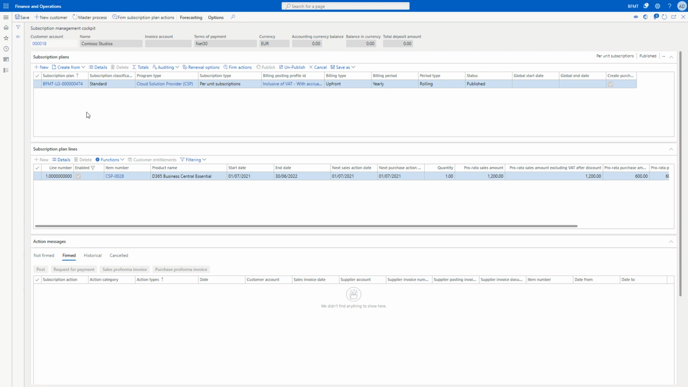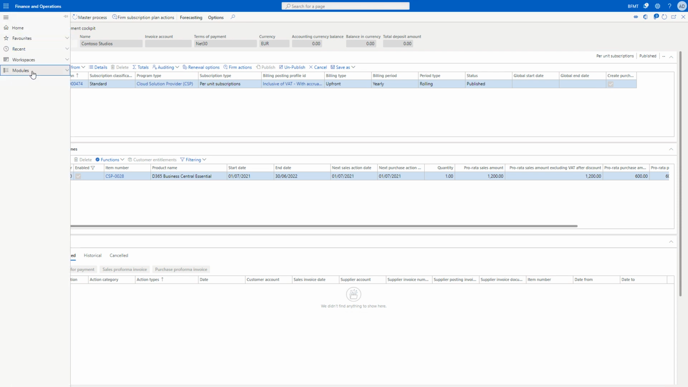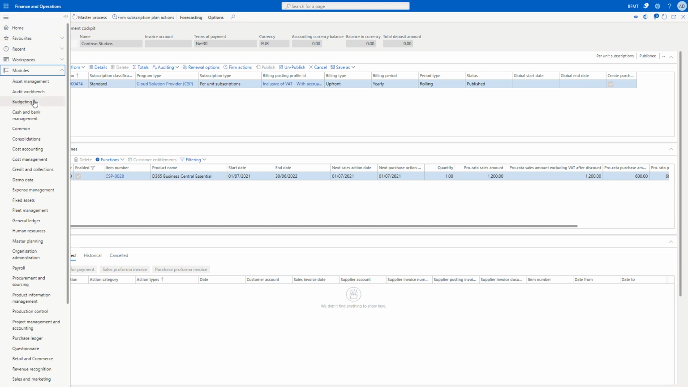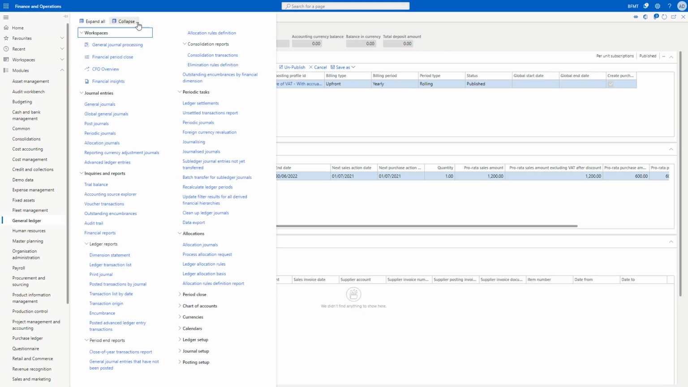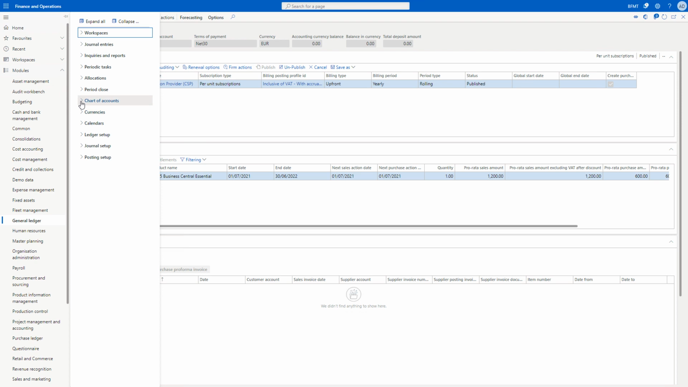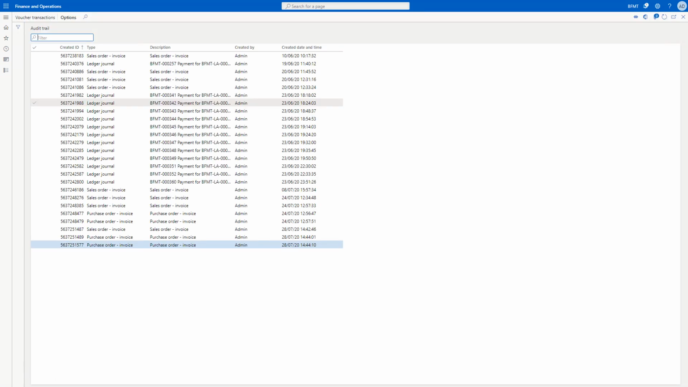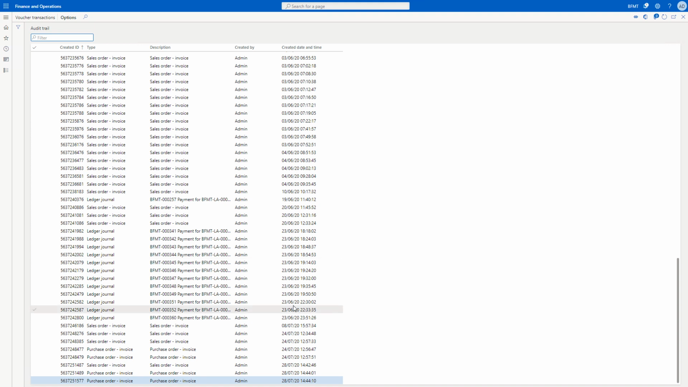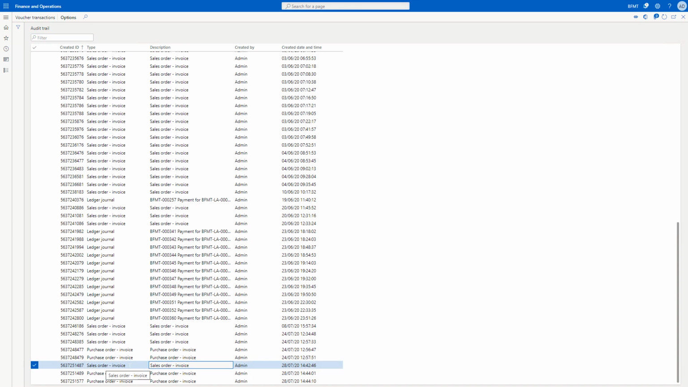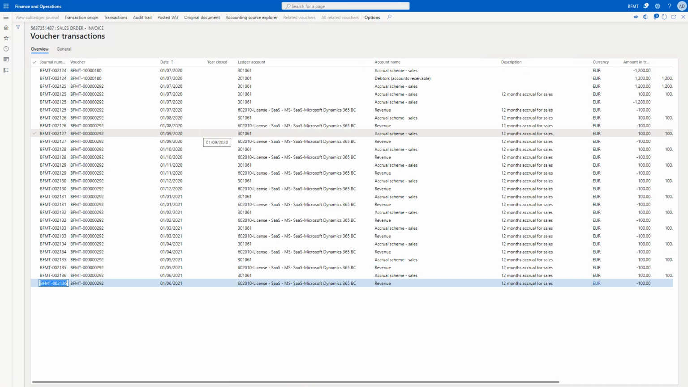So if we now move to the general ledger, which is a standard Dynamics 365 module, we can have a look at the audit trail. And here we can see our transactions. So let's look at the sales order invoice posting. And as you can see